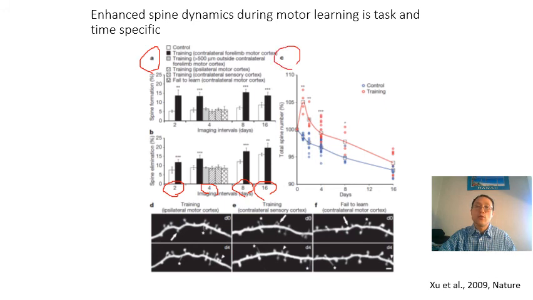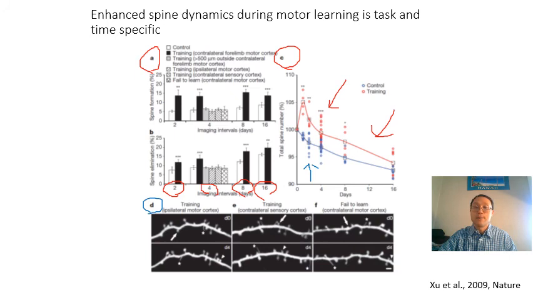And in C, what you're seeing over here is that basically this is looking at the total number of spines. So in the first day, in the red, what you're seeing is that there is an initial increase of dendritic spines, and then followed by the downfall of that, right? As opposed to the blue, what you're seeing in control animals, it's just that the number of spines goes gradually down. Okay. So what D is showing you, and E and F are just basically showing you the example of the